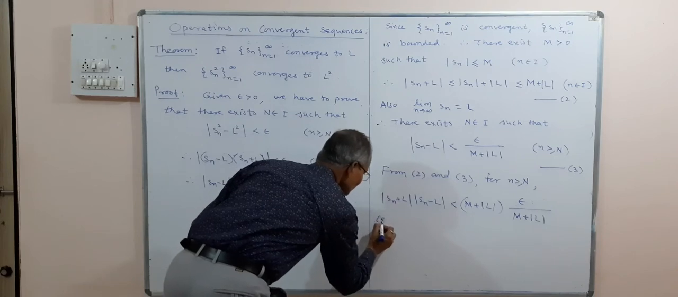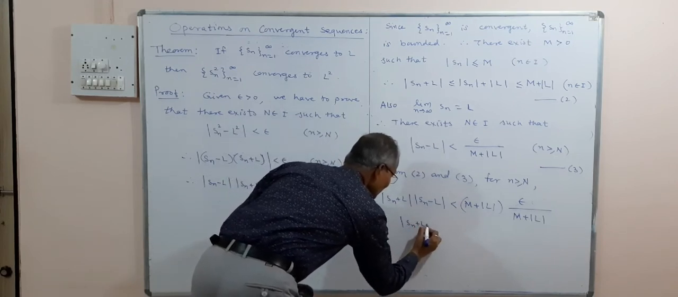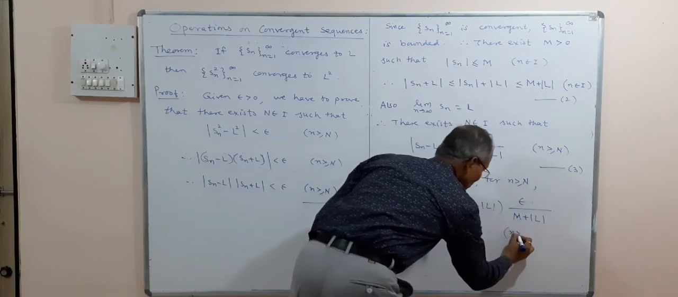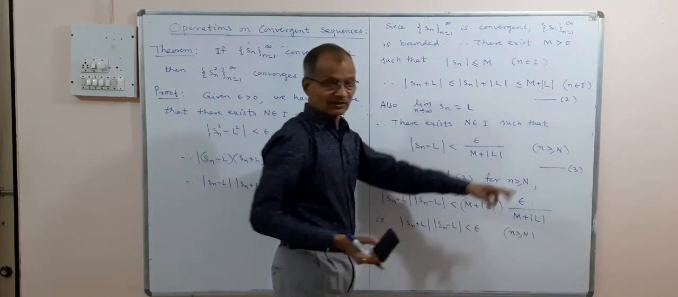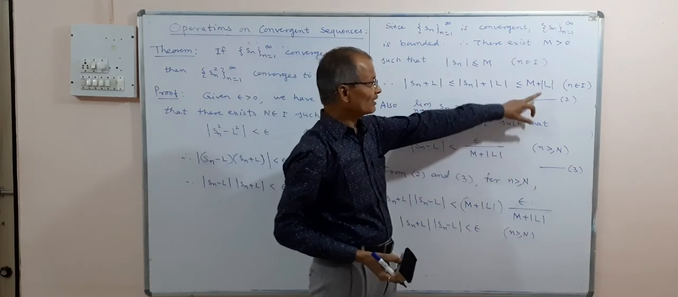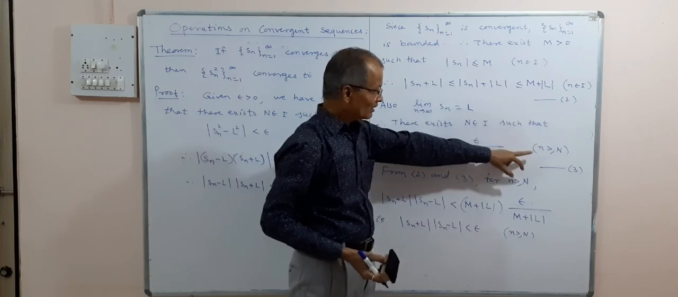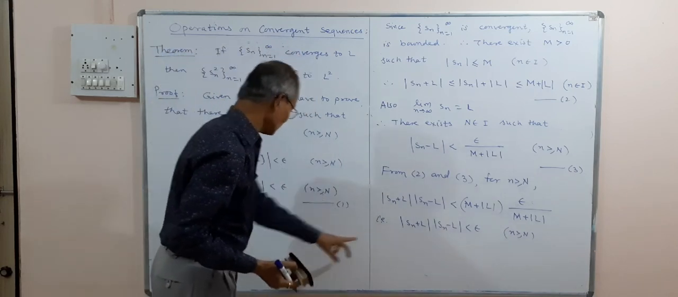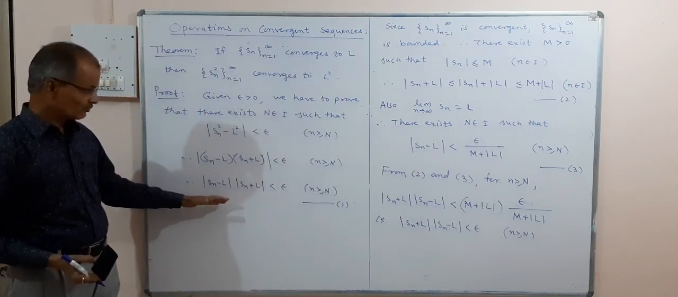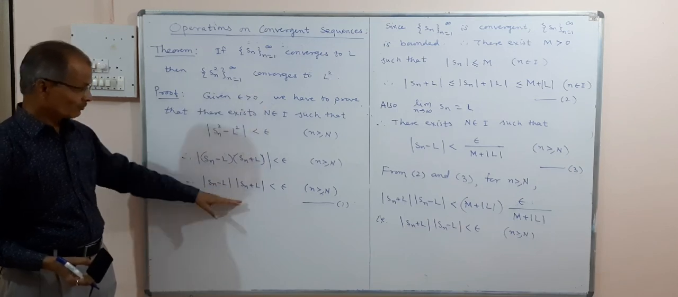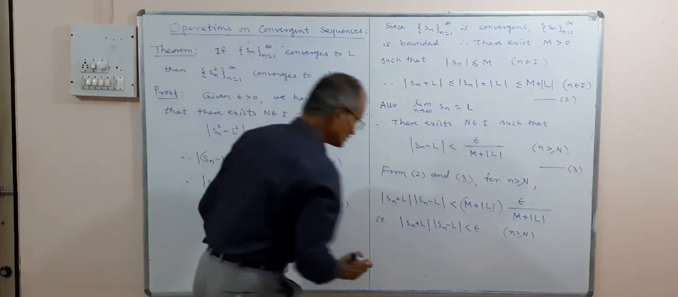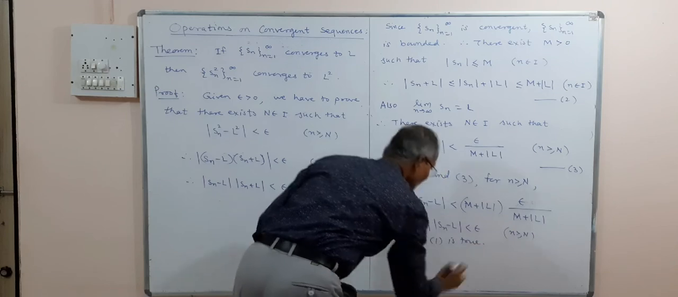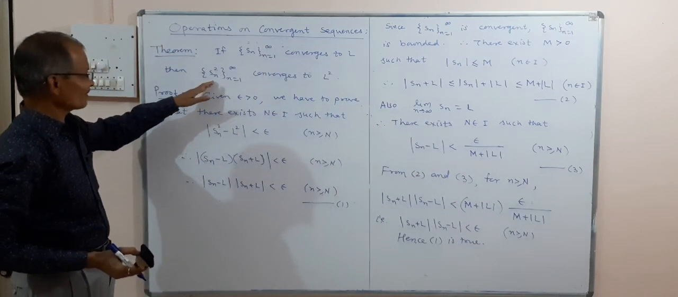That is, mod of Sn plus L into mod of Sn minus L is less than epsilon. And this is true for n greater than or equal to N. You remember the conditions. Here n is greater than or equal to N, here n belongs to I. But if you combine it, N should be the maximum value, capital N will be there, and this is what is 1. So this is what we want to prove. So we have to prove 1 and we have proved it. So hence 1 is true and this completes the proof. So this proves limit of Sn square is equal to